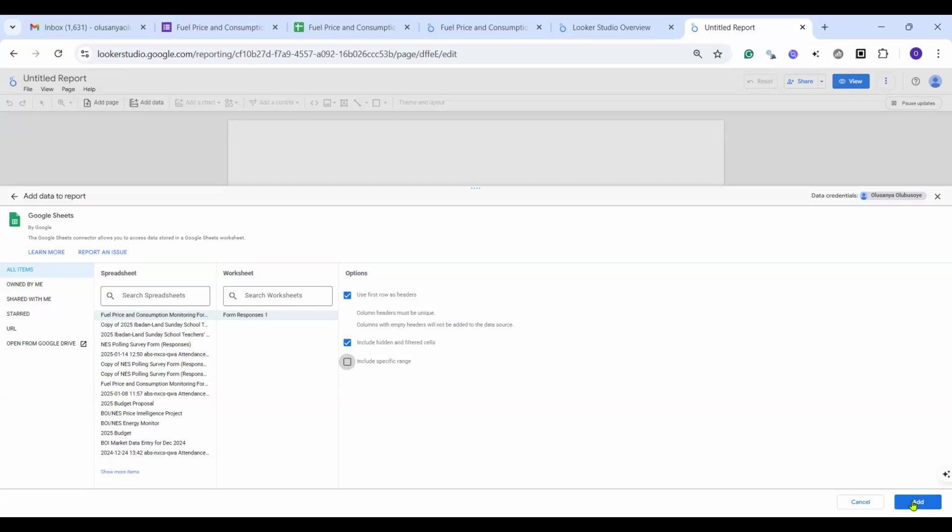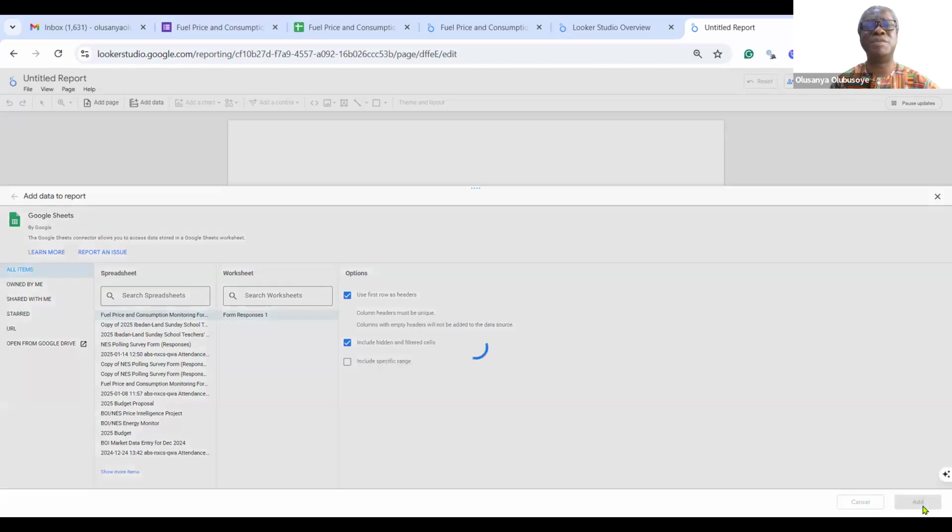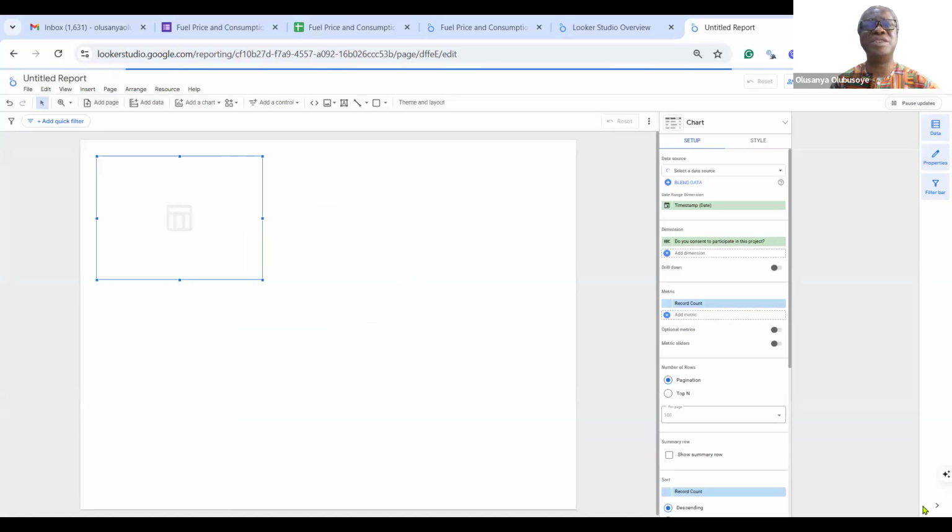With this, there is the icon at the bottom right, which indicates that you should add. So you just click add. Once you click add, it will take you to a new window. This is the new window.